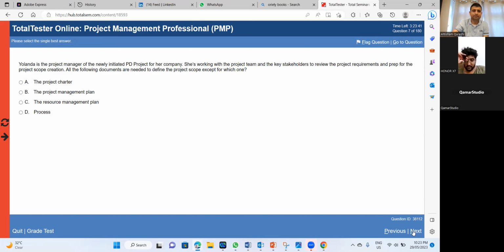Yolanda is a project manager for a newly initiated project for her company. She is working with the project team and the key stakeholders to review the project requirements and prepare for project scope creation. All of the following documents are needed to define the project scope, except